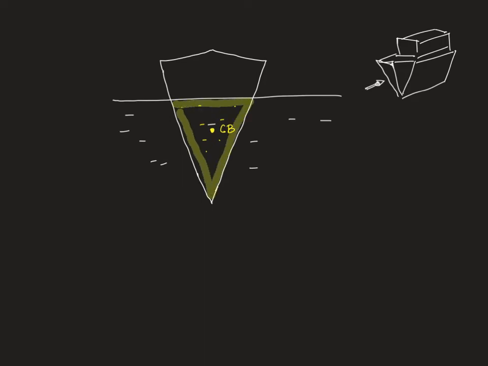Now we are looking at the front view of the ship. The front view of the ship will be like this, the hull of the ship is like this. Presently, when the ship is floating in water, what is the center of buoyancy? That is easier to locate. Center of buoyancy is approximately here by guess, say this is CB. It is the center of gravity, or center of volume, of the displaced liquid. I'll show you the displaced liquid: this part. Center of buoyancy is the center of gravity of this shaded part,